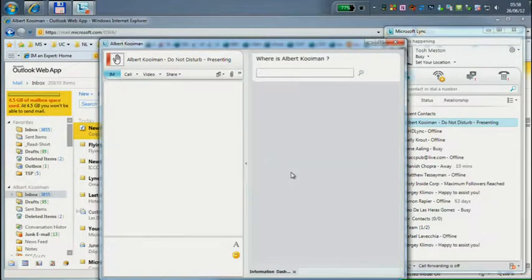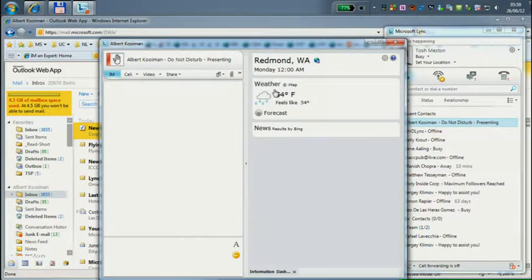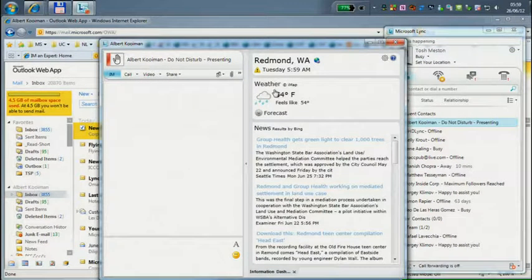I give in here, for example, my postal code, the postal code in the United States where I live. I can select Redmond, Washington, and find out what are the local things that are going on. Unfortunately, it doesn't have it in Celsius, but this is a very simple example of how you can retrieve information inside Lync that is relevant, right?